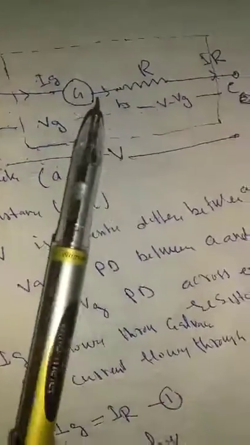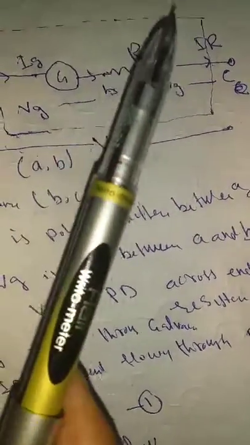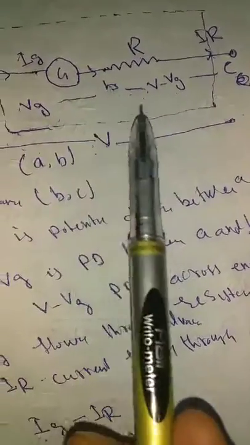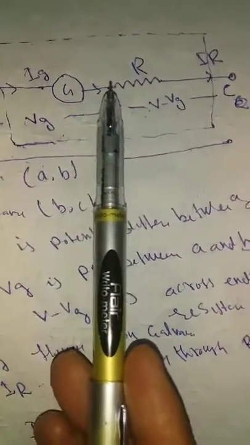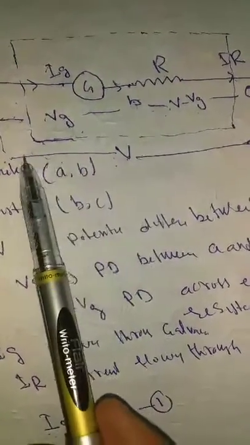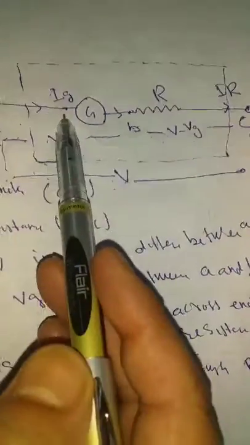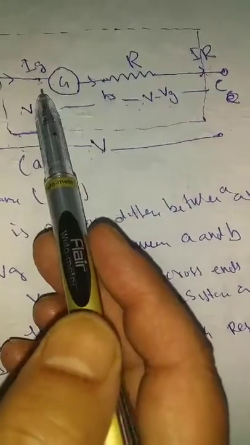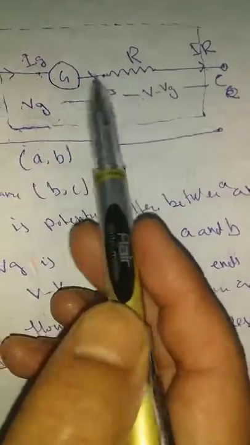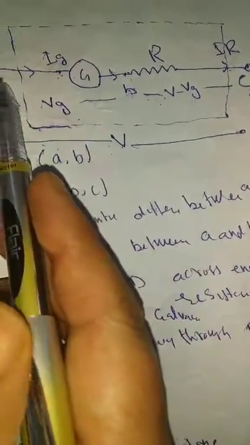How can we convert it? A voltmeter is a device for measuring potential difference across any terminals. It can be converted by connecting a high resistance in series with it. When we connect a high resistance in series with it, this becomes the new arrangement, the instrument. It gives the potential difference between A and C. That means when a galvanometer is connected with a high resistance in series, it becomes a voltmeter. It gives me the potential difference between the terminals A and C.